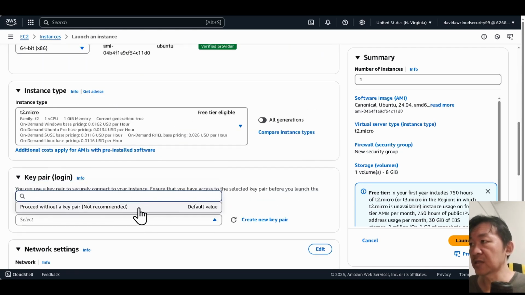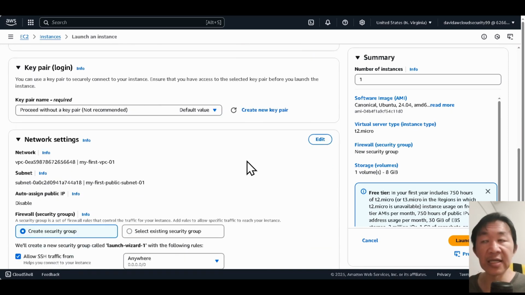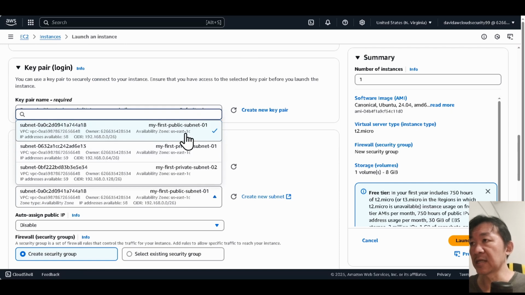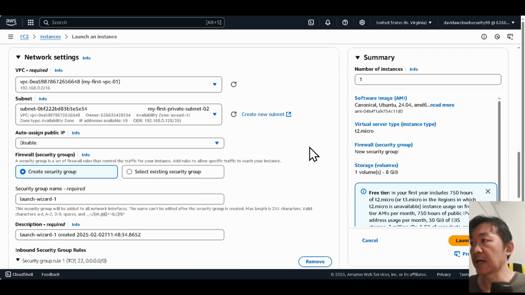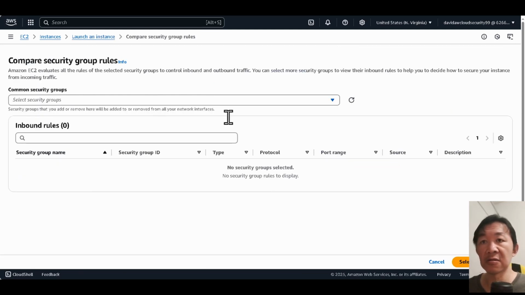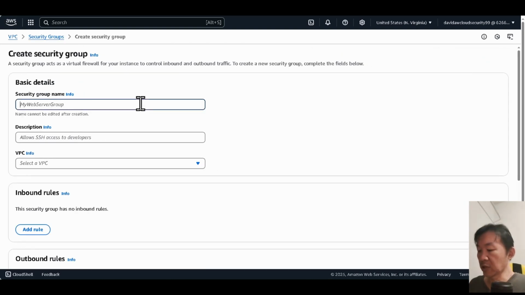I'm not gonna use SSH. We're not gonna SSH in, so I don't need a private key. Just make sure it's in the private subnet. And I'm not going to use a public IP address, and this is where you have to create the security group. So I'm going to create 3 security groups right now. Okay, I'm going to call this my database security group 01,